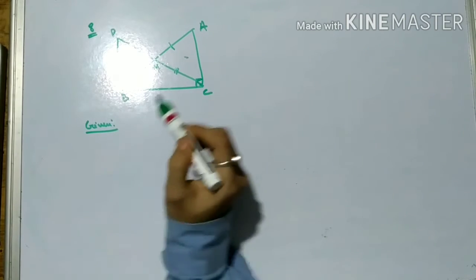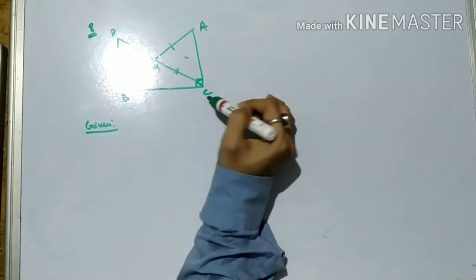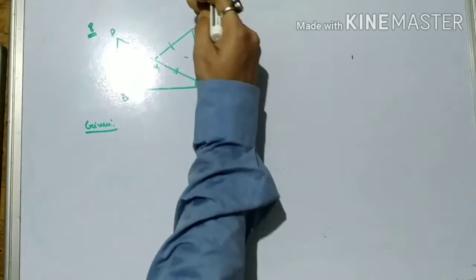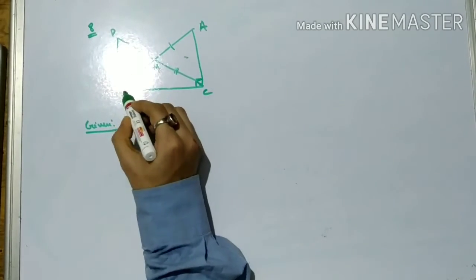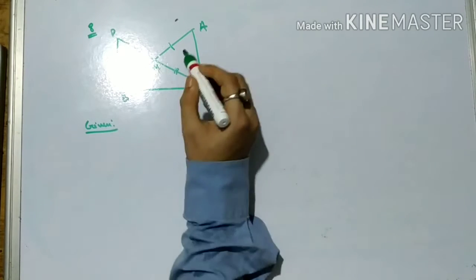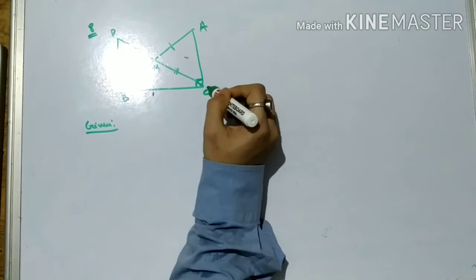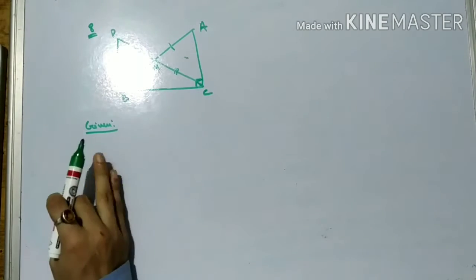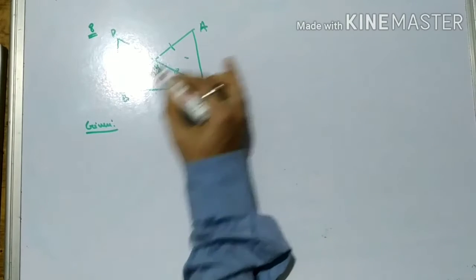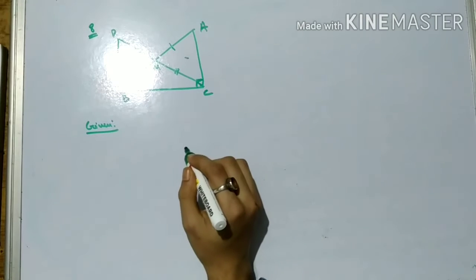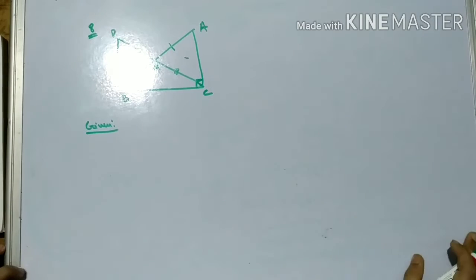And triangle DBC is congruent to triangle ACB, this whole triangle congruent to this triangle, that one I have to show. And CM is equal to half AB, I have to show. So first of all, let me write down what things are given.